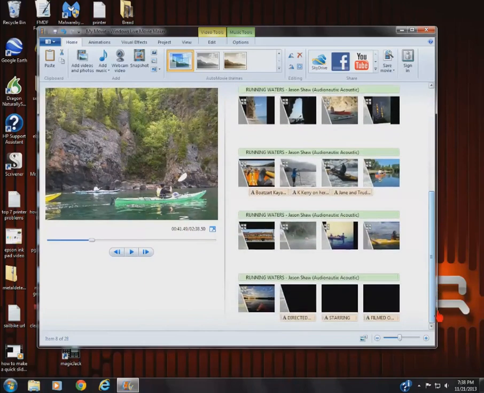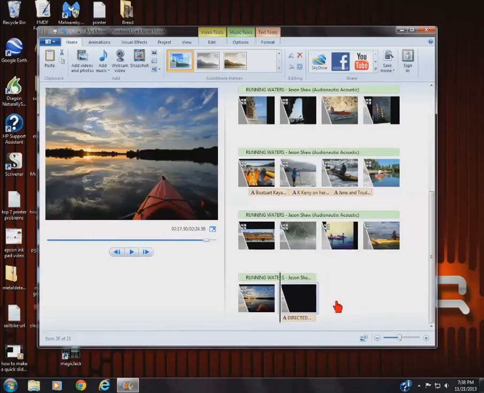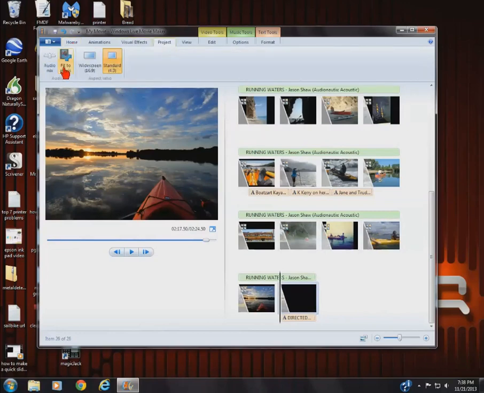This is where you can run into a problem, because you see the music went farther than we had photos. So what we can do is get rid of some of these at the end. We're just going to have a single edit at the end, credit. We want to make this fit to music. Let's see if we can try it. That doesn't always work. Let's go home and do project fit to music.